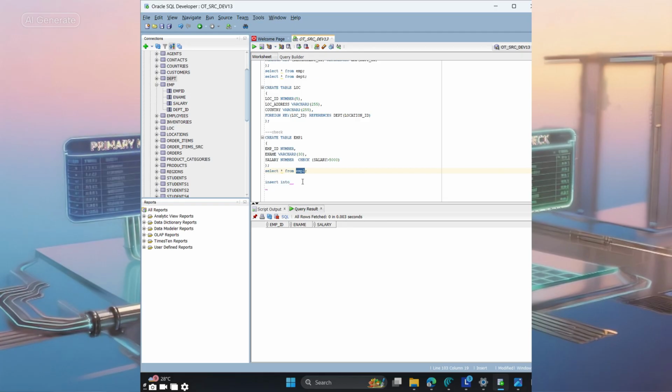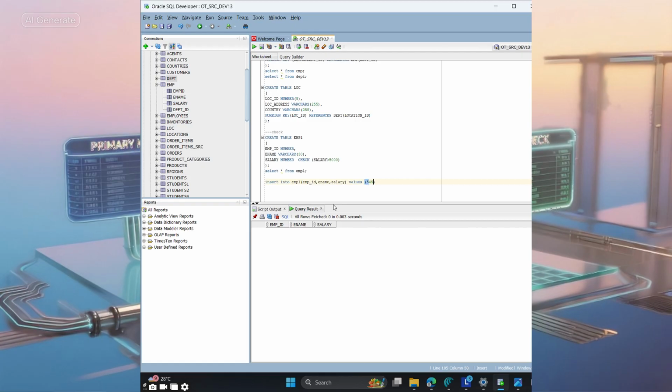Suppose you insert some data: write an INSERT, insert into, what is the table name? Employee one, right? Insert into the table name, then in parentheses,